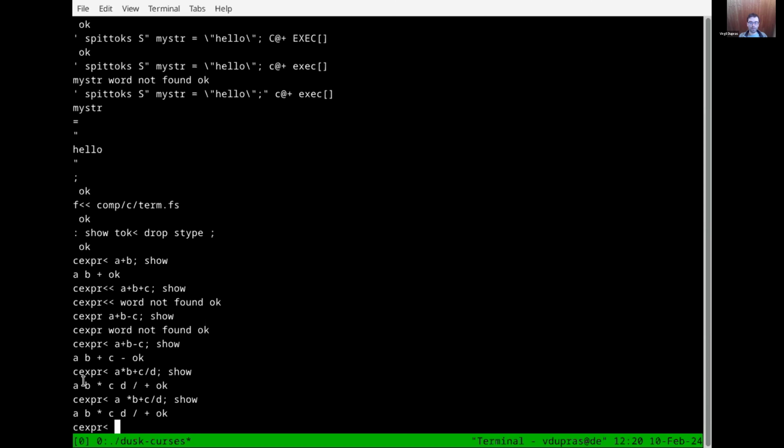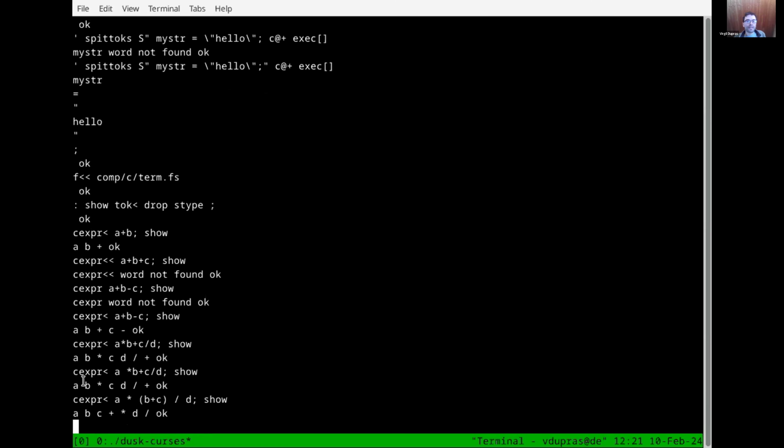So for example, A times B plus C divided by D. We see that here parentheses properly overrode the natural priority of binary operators.